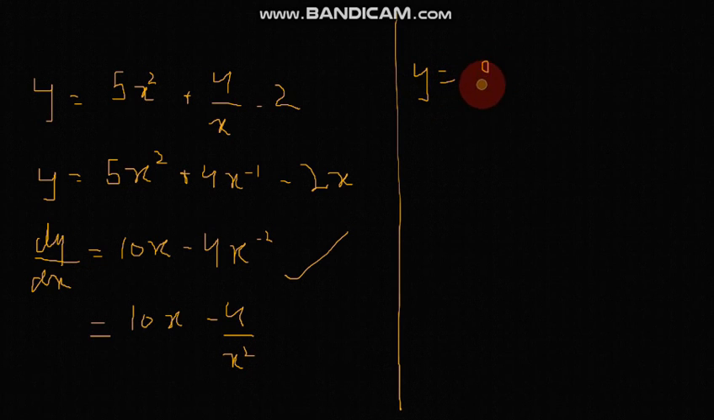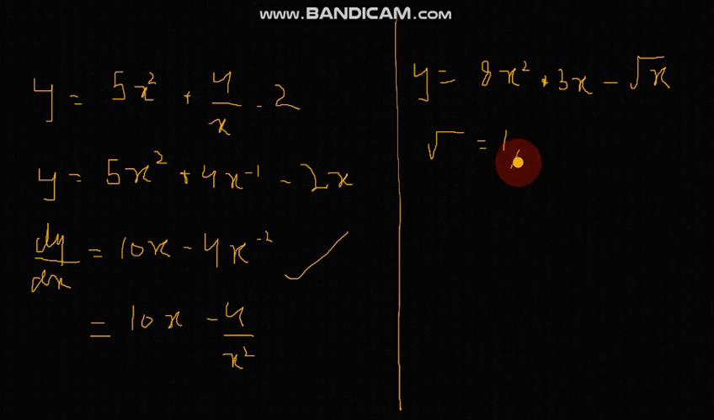equal to 8x squared plus 3x minus under root x. Now we all know that under root means 1 over 2. Under root equals 1 over 2. Similarly, cube root is equal to 1 over 3. This is something that we are told in the primary classes. Okay, so having known that,